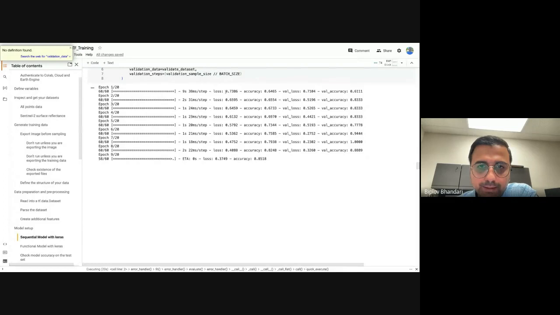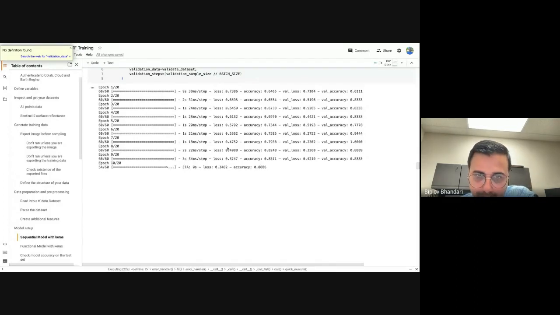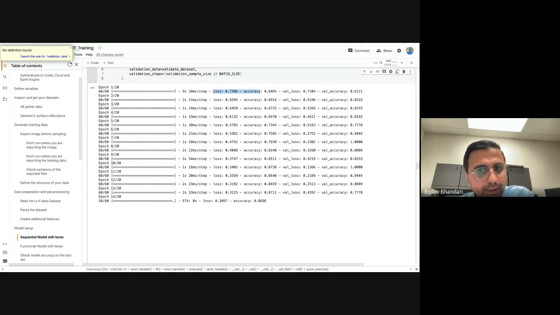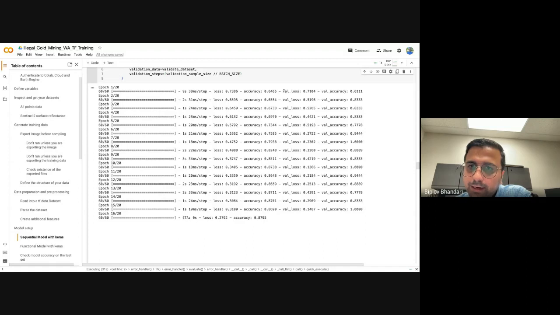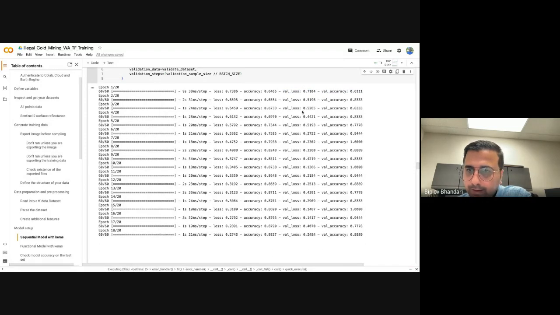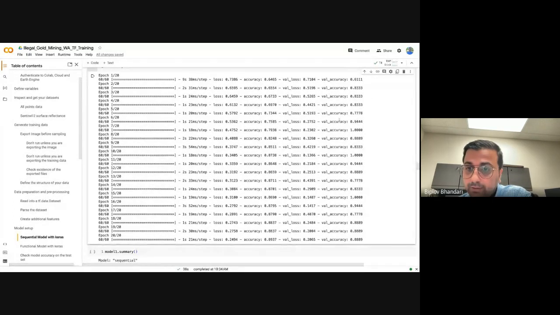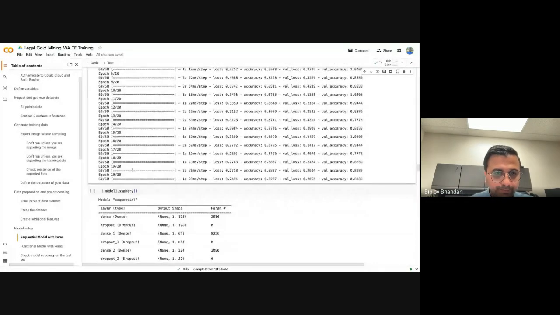Now here you can see our loss going down as it should be, accuracy going up, as it should be, and these are on our training data set. And here is our result on the validation data set, validation loss. Again, it looks like it's doing what it's supposed to be. The accuracy is fluctuating, but it's on the higher end. The validation loss is also decreasing as we are training the model.